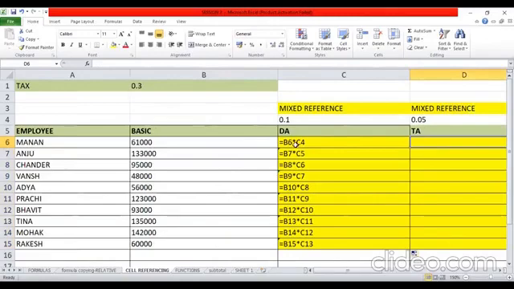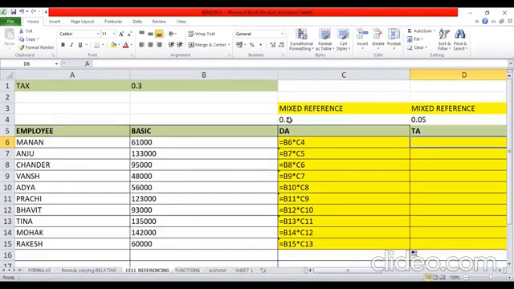My B6 is becoming B7, B8, B9, which is what I want also, because for Anju, I want to multiply the B7 with the rate that I have been given. So B7 is changing, that is fine, that is what I want. But look at what is happening to the cell containing the rate.